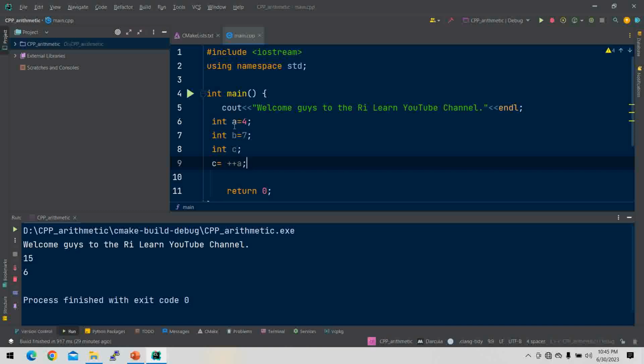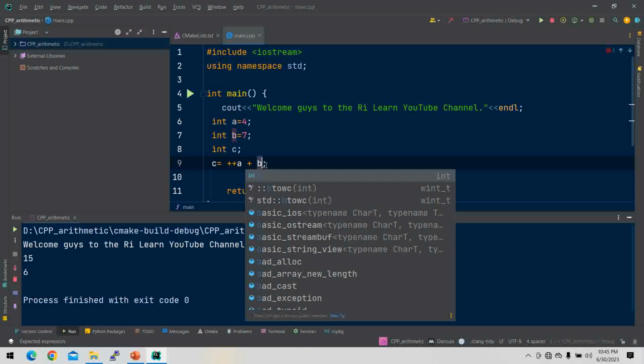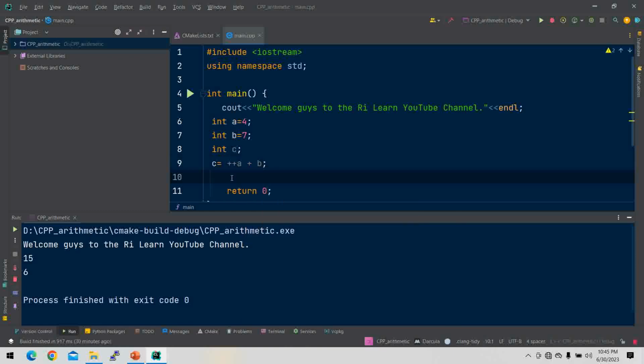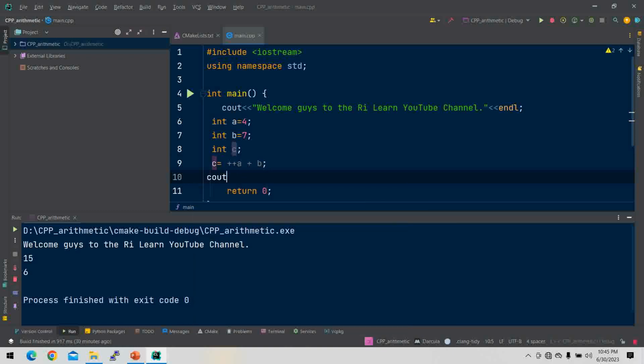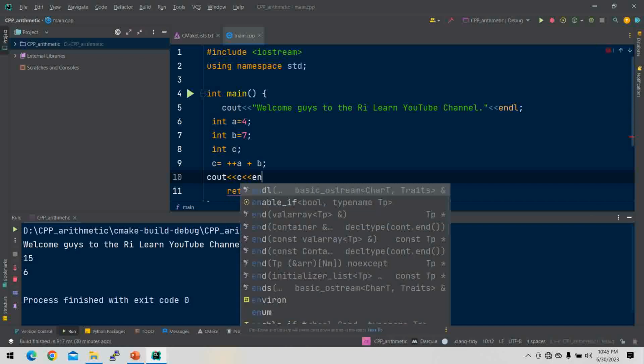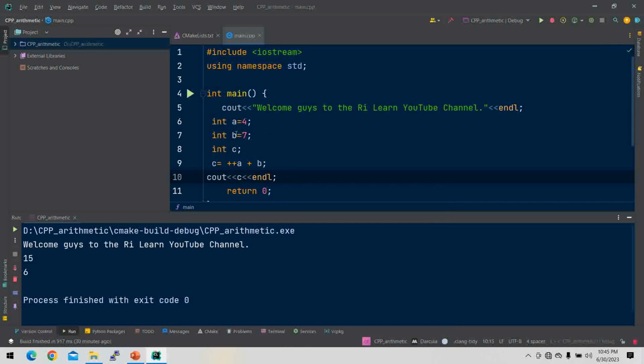Look, what was the value of a? It was 4, right? So in this context the value of a should be what? For example, plus b, you can write that here, no problem: plus b. So cout c endl. Now the value of a was what? 4, right? Then it should be incremented by 1, then it will be